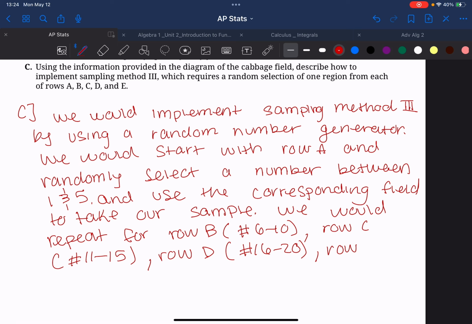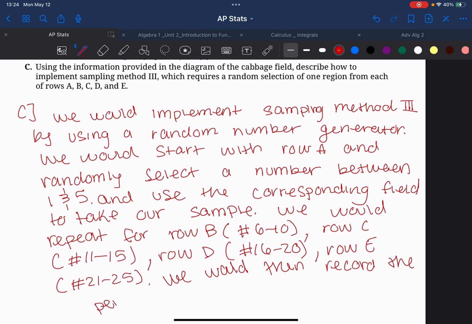And then lastly, row E, where we would use numbers 21 through 25. Once we selected all of these, we would then record the percent of crops, so in this case cabbage, affected by